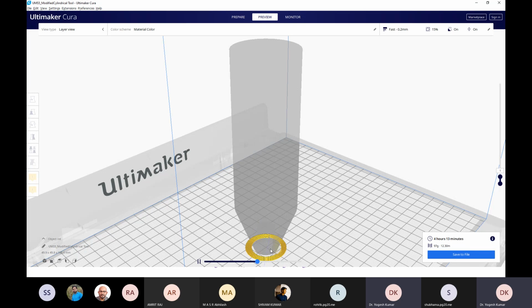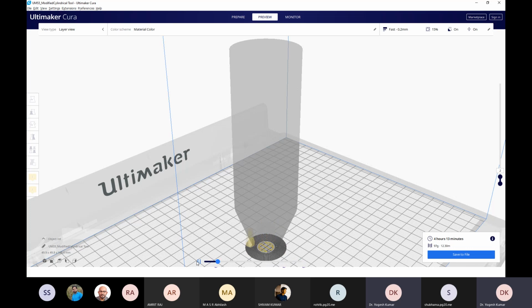As soon as the printing of your first layer is completed, on my right hand side there is a layer option. This layer option will automatically increase from 1 to 2. While the first layer is getting printed, it shows layer number 1 only, and this cursor is moving ahead, so you can see how much of the layer has been printed.